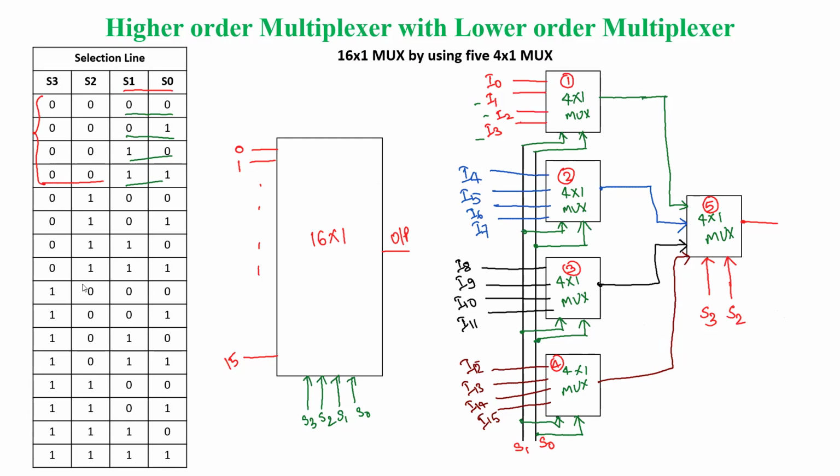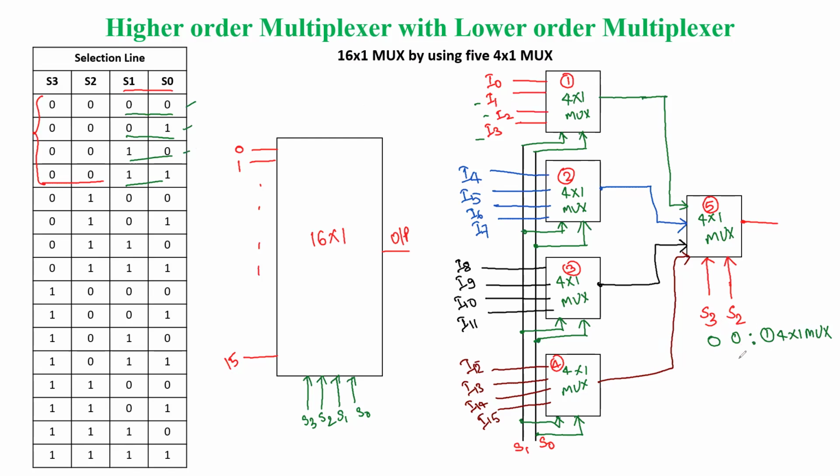Now, what is the basic operation here? Now we are going to see. When S2 and S3 are both 0, then multiplexer 5 is going to take input from the first 4x1 multiplexer. Here S2 and S3 are 0, and S0 and S1 are changing: 0 0, 0 1, 1 0, 1 1. Like this, I0 will pass, I1 will pass, I2 will pass, and I3 will pass when both S2 and